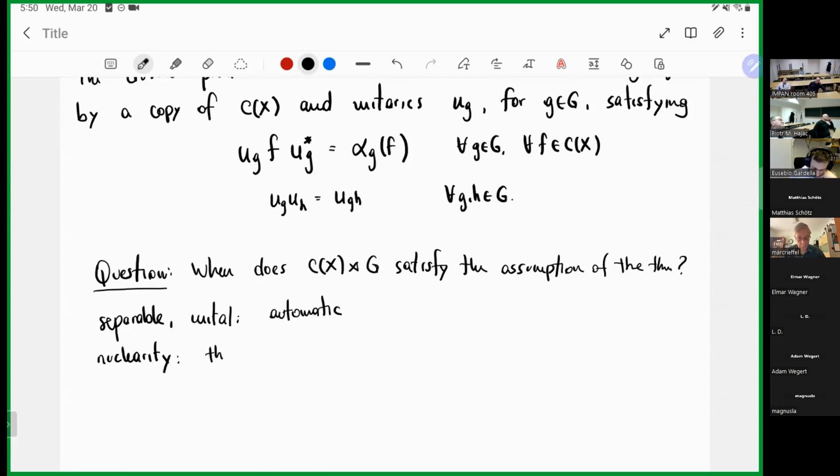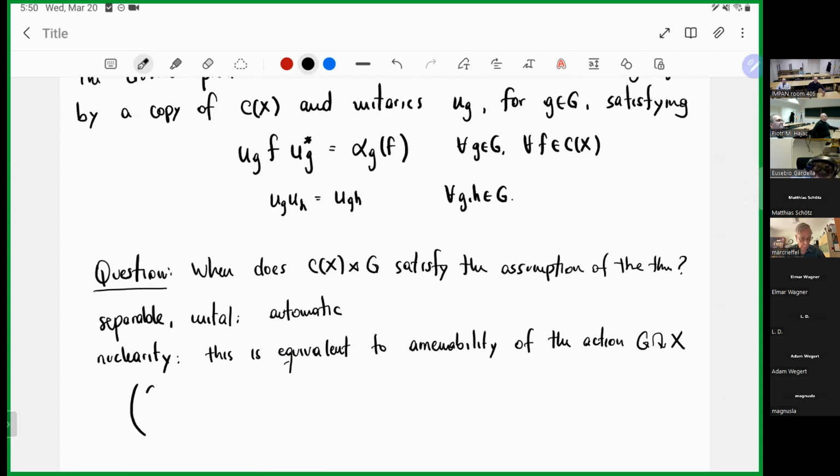Nuclearity of the cross product is actually equivalent to amenability, not of the group, but something weaker, of the action. Let me just define for you what amenability means for an action. So G acting on X is amenable, and this is the definition, if there exists a sequence mu n of continuous functions